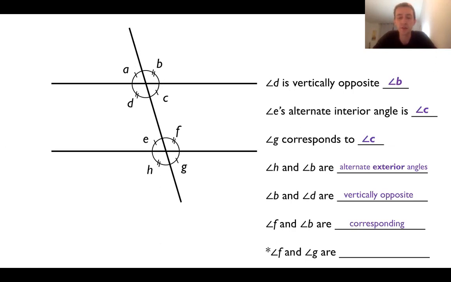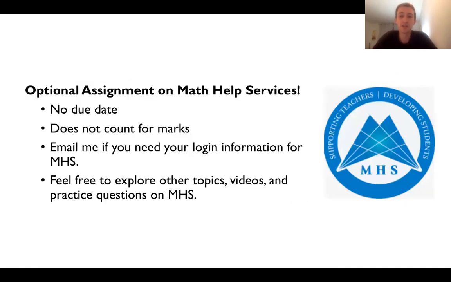Then finally, I've got one here that's a little bit of a different scenario. It says angle F and G. Be careful, they're not the same, okay? If I look here, 2 notches, 1 notch, they're not the same angle. But what do you notice when they total each other? They form a straight line. If you remember, the word for that I've shown you in this video is they are supplementary. Okay? So with that, that's all the terminology you need to know about these angles.